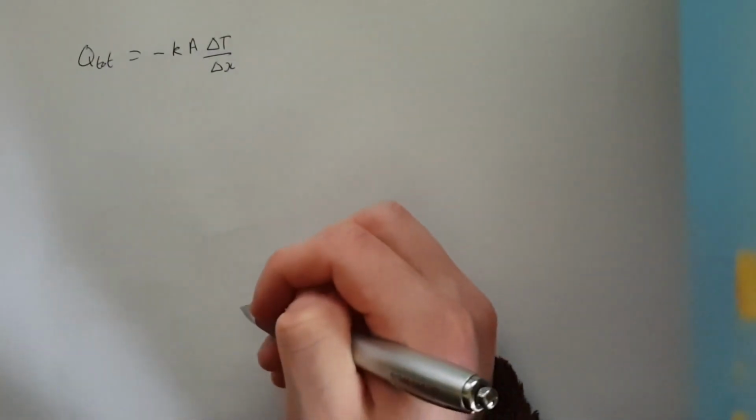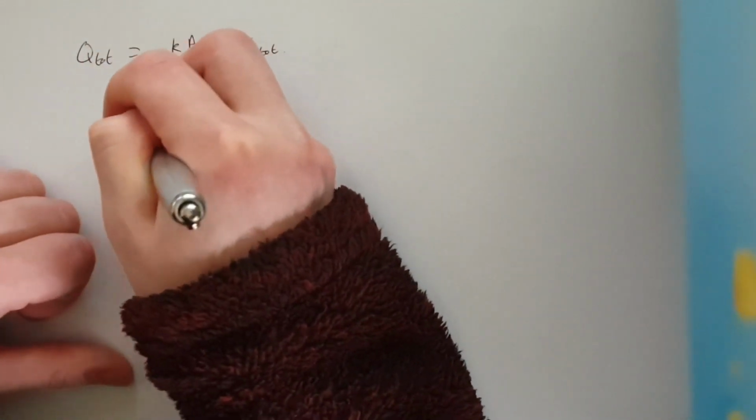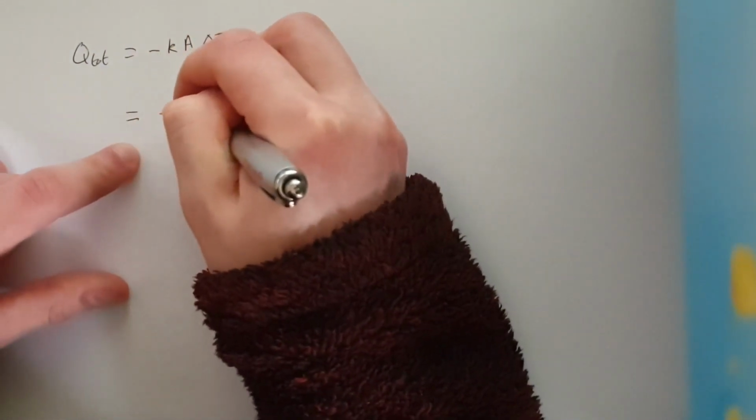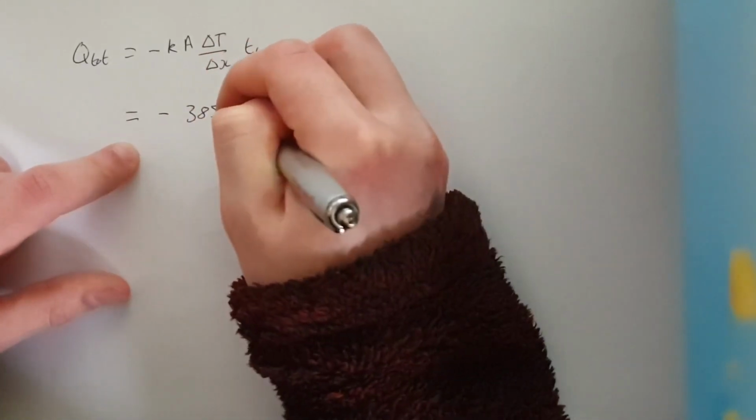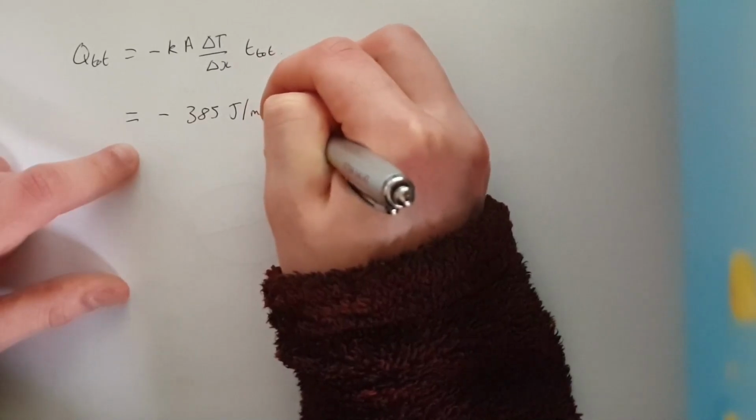Okay, I decided to get a new piece of paper and do this all on one line because it's quite a long calculation with all the units in. So we've got Q tot is equal to minus Ka delta T over delta X times T tot, which is equal to minus 385 joules per meter second degree C